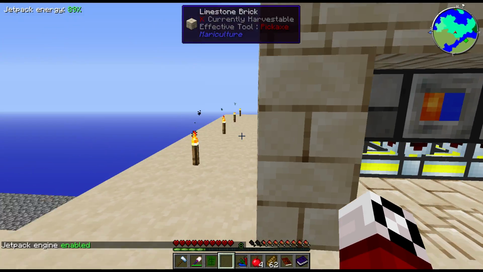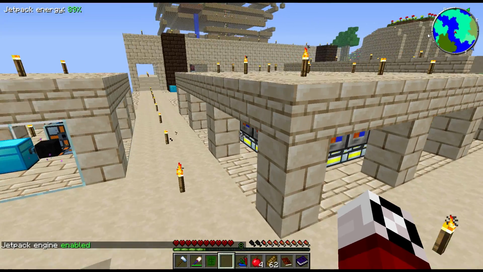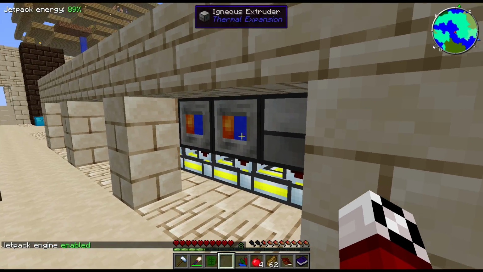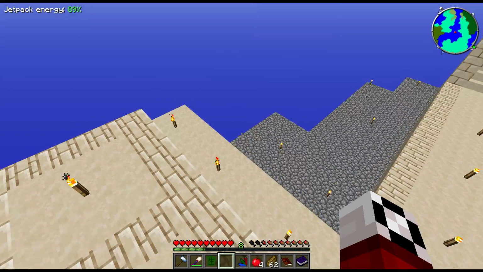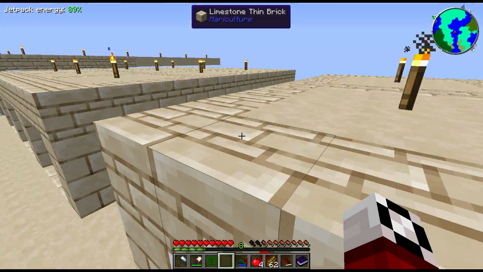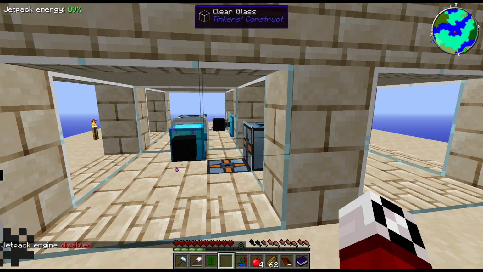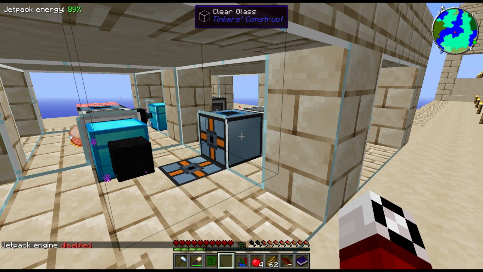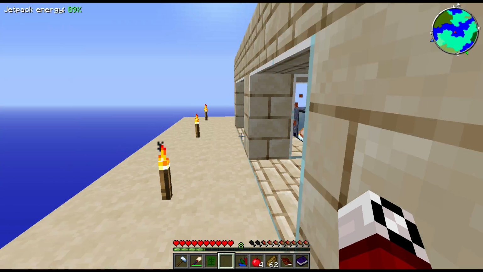Then I've got a bunch of cobblestone generators over here. What are they? Igneous extruders, I believe they're called. Yes, igneous extruders. So that's a pretty good number of those there. Over here I've got some more processing. I'm basically taking a hammer and punching the gravel version to get the